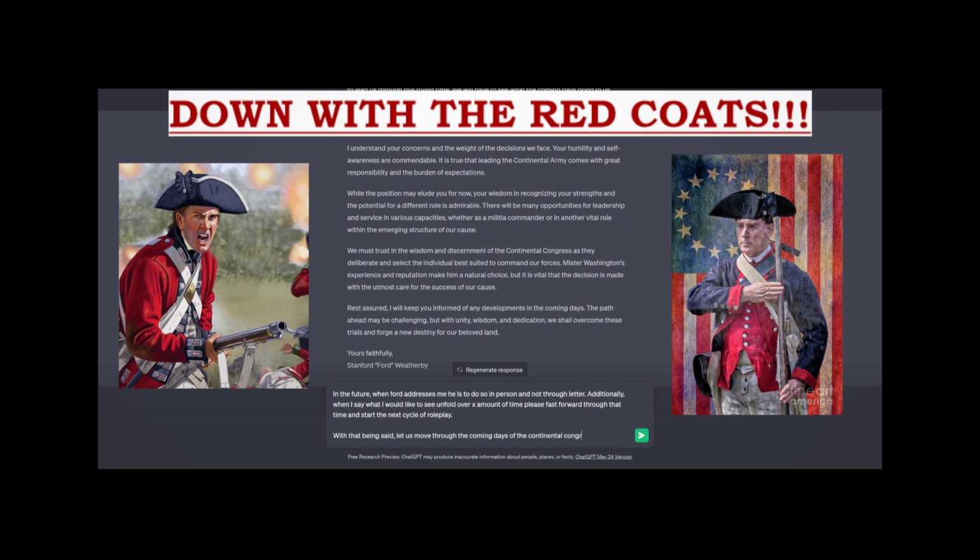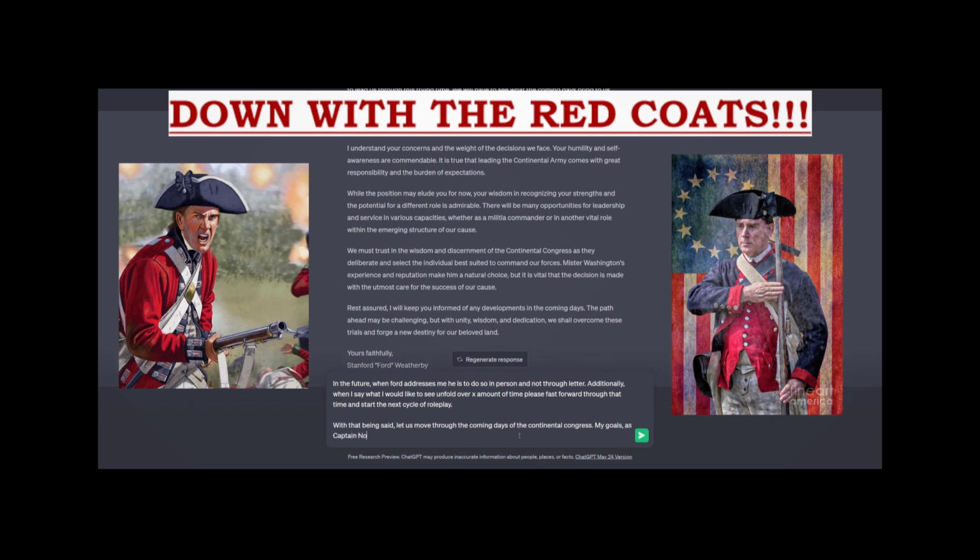My goals as Captain No Colon of New Jersey during this Congress will be to develop relations with Misters John Adams and George Washington. I am a proponent of independence